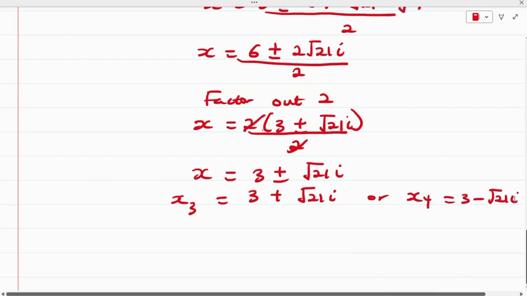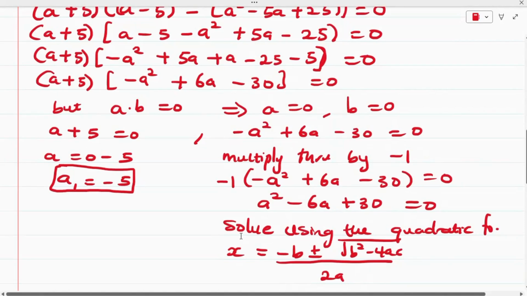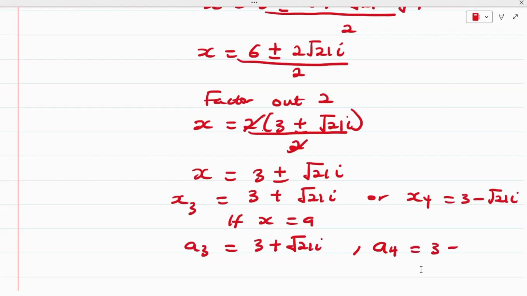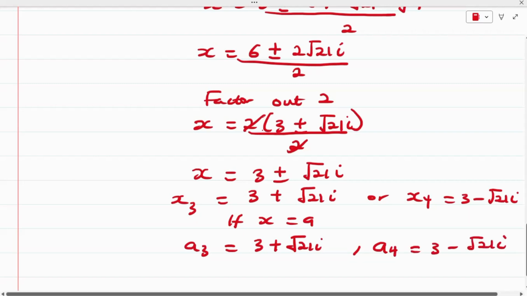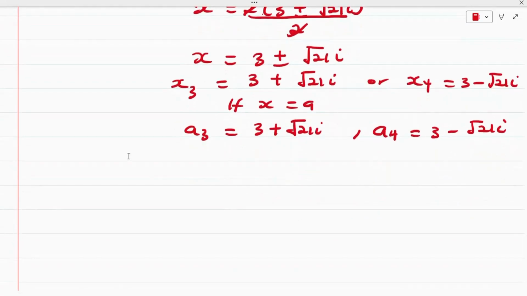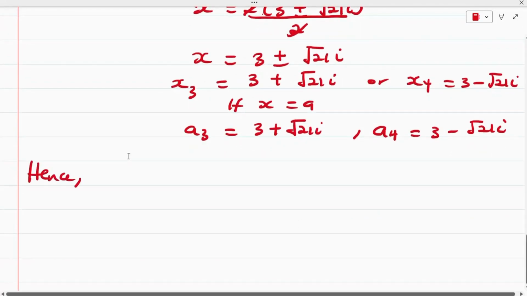Alright, so right here in the quadratic formula, I made use of x, which implies that x is equals to a. So we say if x is equals to a, this becomes a3 is equals to 3 plus the root of 21i, and a4 is equals to 3 minus the root of 21i. So right here, guys, we have been able to find the values of a. So right here we can say hence we have the values of a to be: